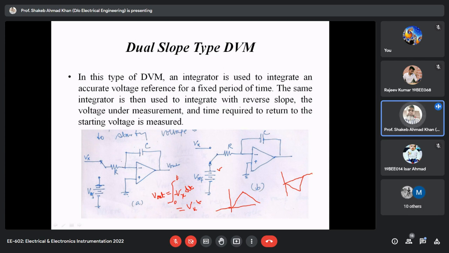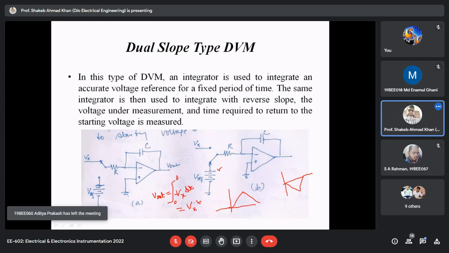ये बात सबकी समझ में आ गई भाई? अभी हमने डीवीएम नहीं डिस्कस किया, अभी हमने सिर्फ इंटीग्रेटर डिस्कस किया है। ये बात सबकी समझ में आ गई? यस सर। जी, यस सर।